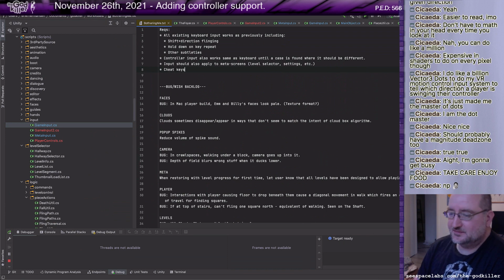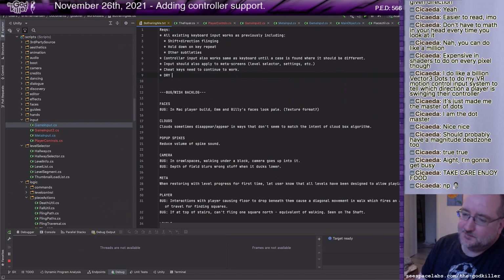Cheat keys. Mapping. No, cheat keys need to continue working. I need to not say how I'll implement it in the requirements section. I just need to say what needs to be accomplished by the implementation. Okay.